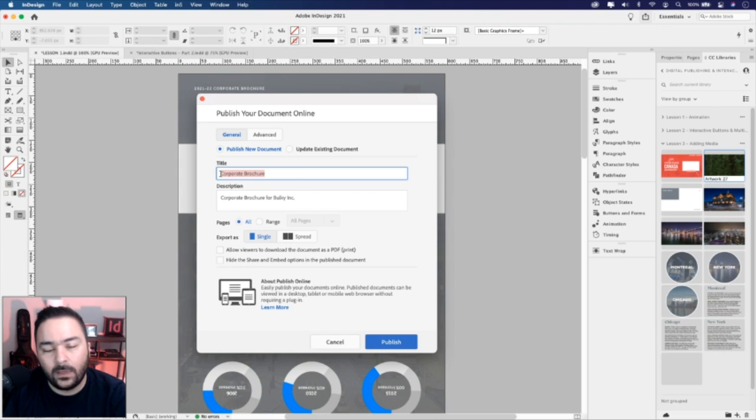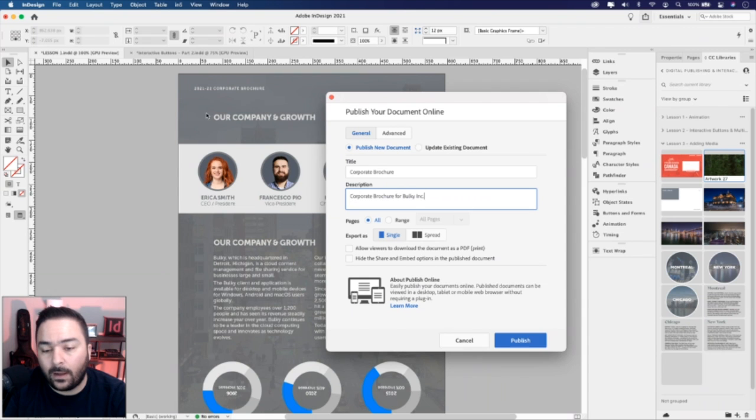Give it a title. So typically it'll just be, as a default, what your InDesign document is called. But this is a good chance of you renaming it if you want to be a little bit more specific about what the project is. So this is a corporate brochure. And the description is corporate brochure for Bulky Inc., the fictional company in the corporate brochure that we worked on